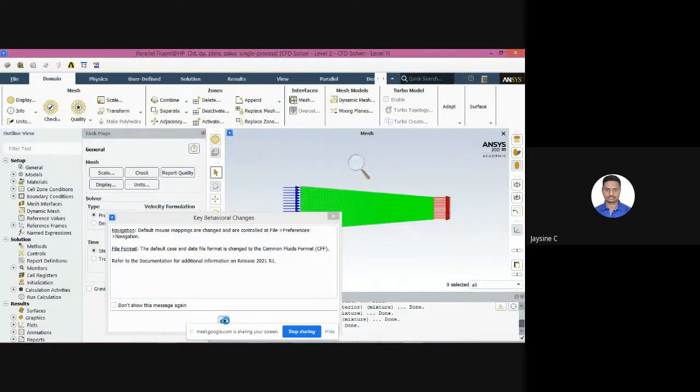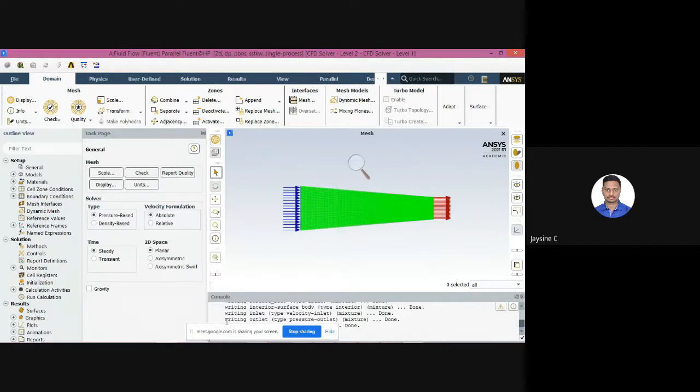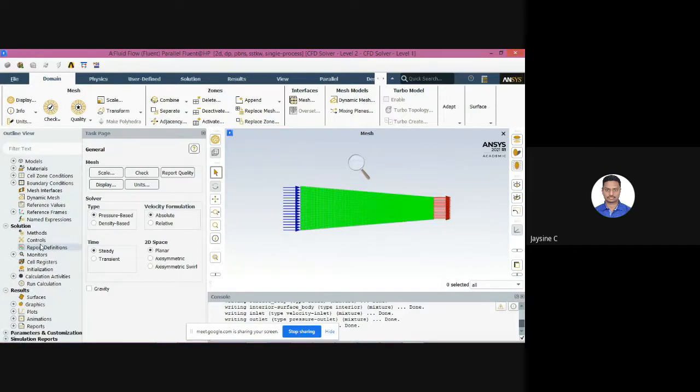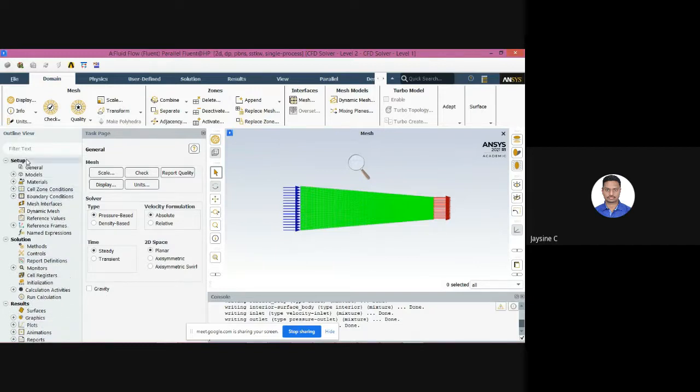So it takes time to open all the dialog boxes and close all the things, and this is very important. So you're going to solve everything in here. There are a lot of options: setup, solution, results, all those things. In this you're going to start with the